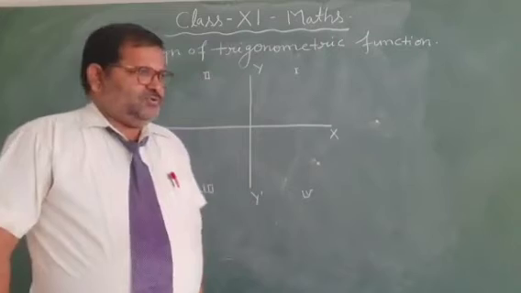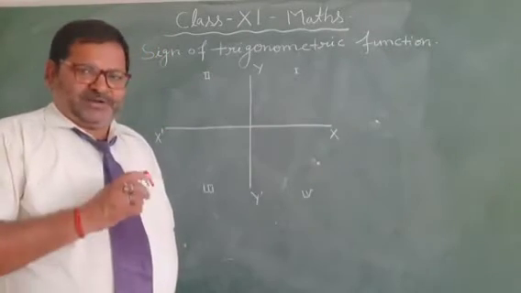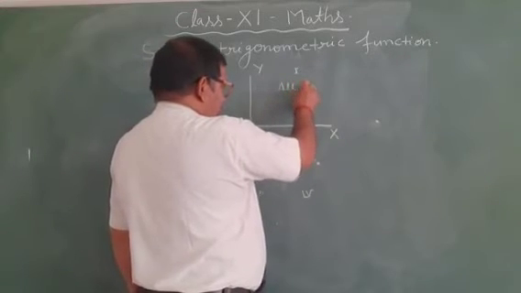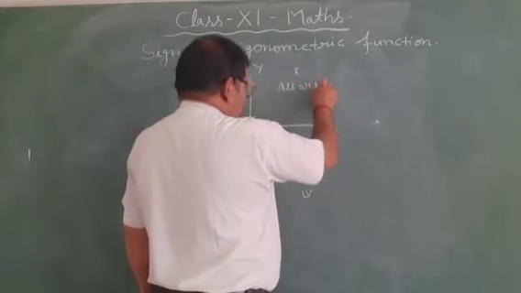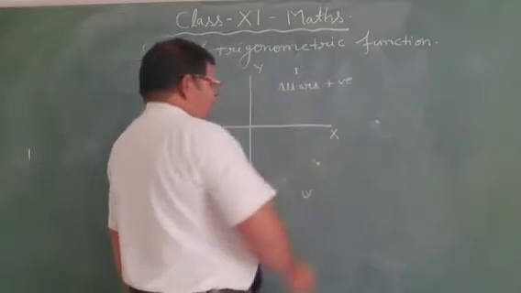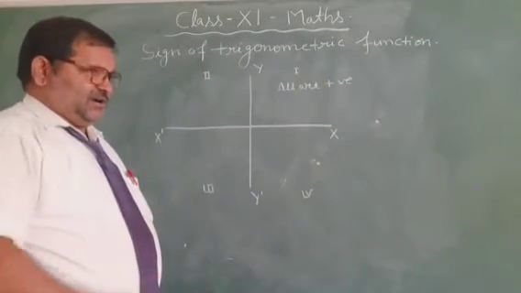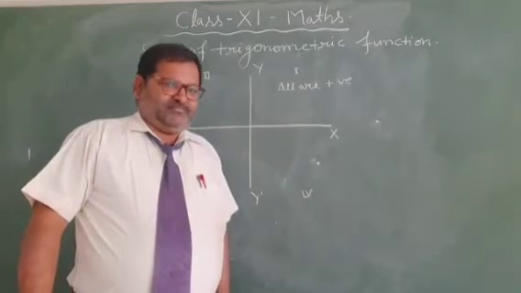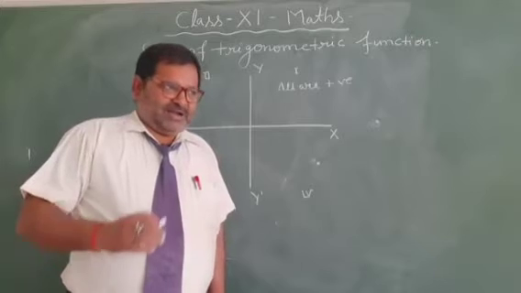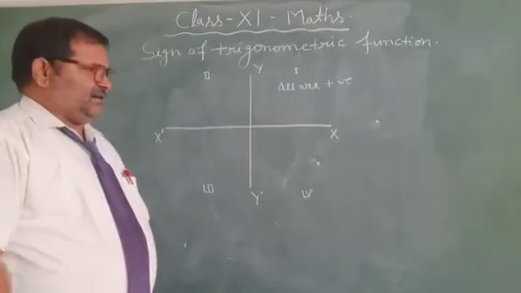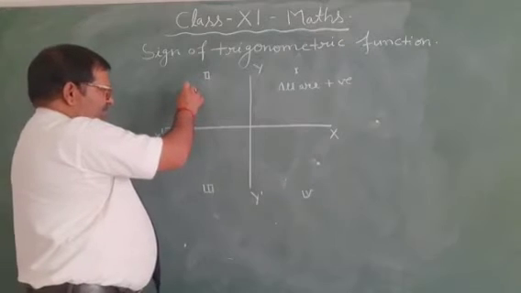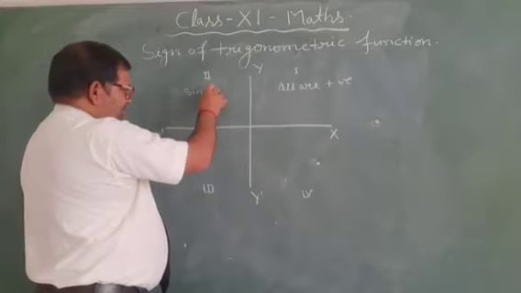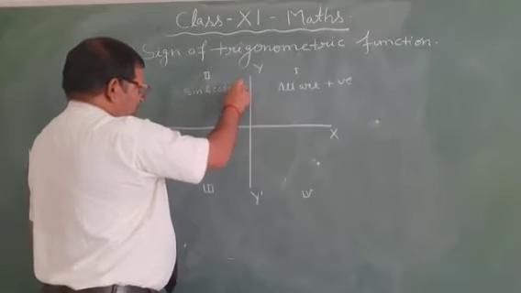Now the sign of trigonometric function in the first quadrant are positive. All are positive. In the first quadrant, the sign of all trigonometric function be positive, and in the second quadrant, sin and cosec be positive,